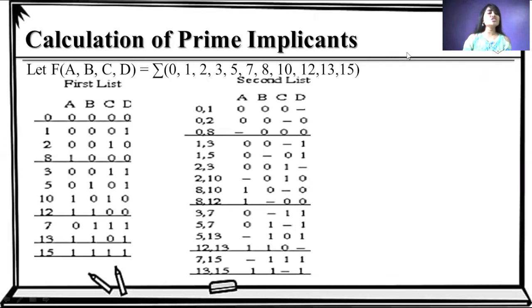We can combine 0 and 1 as there is a difference of 1 bit, and this difference place is written as a dash. That means no variable is represented where we have a 1 bit difference between successive groups. So in the answer we have A dash, B dash, C dash, and this D dash plus D equals 1. So in this term we have no D or D dash term. The answer is represented by A dash, B dash, C dash. This is how 0 and 1 combine into one term.